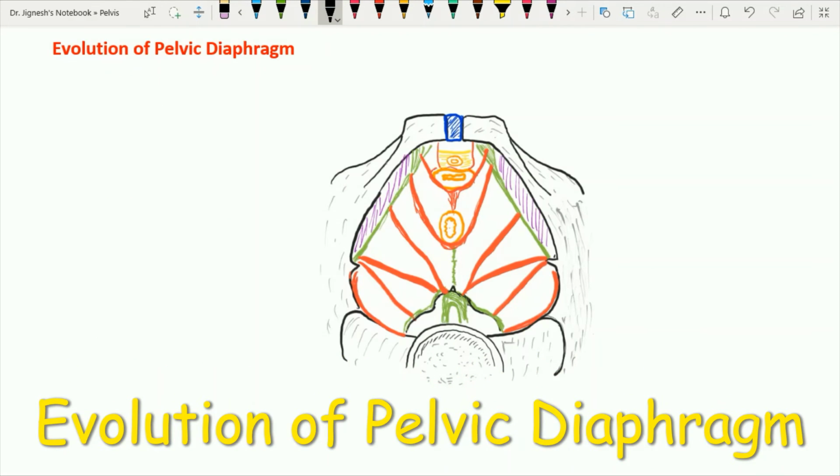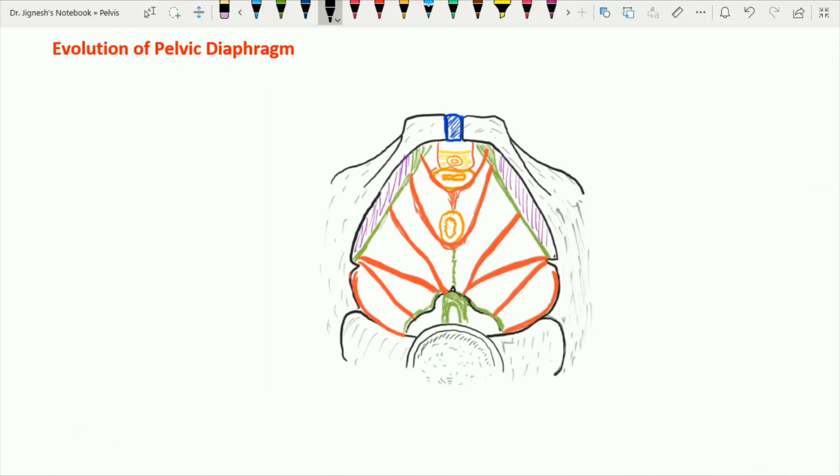Now let's talk about the evolution of the pelvic diaphragm. As we already know, we are derived from the quadruped animals, and in case of the quadrupeds, this pelvic diaphragm, instead of arising from the pelvic cavity, arises from the pelvic inlet. So we can say in case of the quadrupeds, the pelvic diaphragm muscles arise a little bit higher than in man, and this pelvic diaphragm muscle was mainly meant for the movement of the tail of the animal,